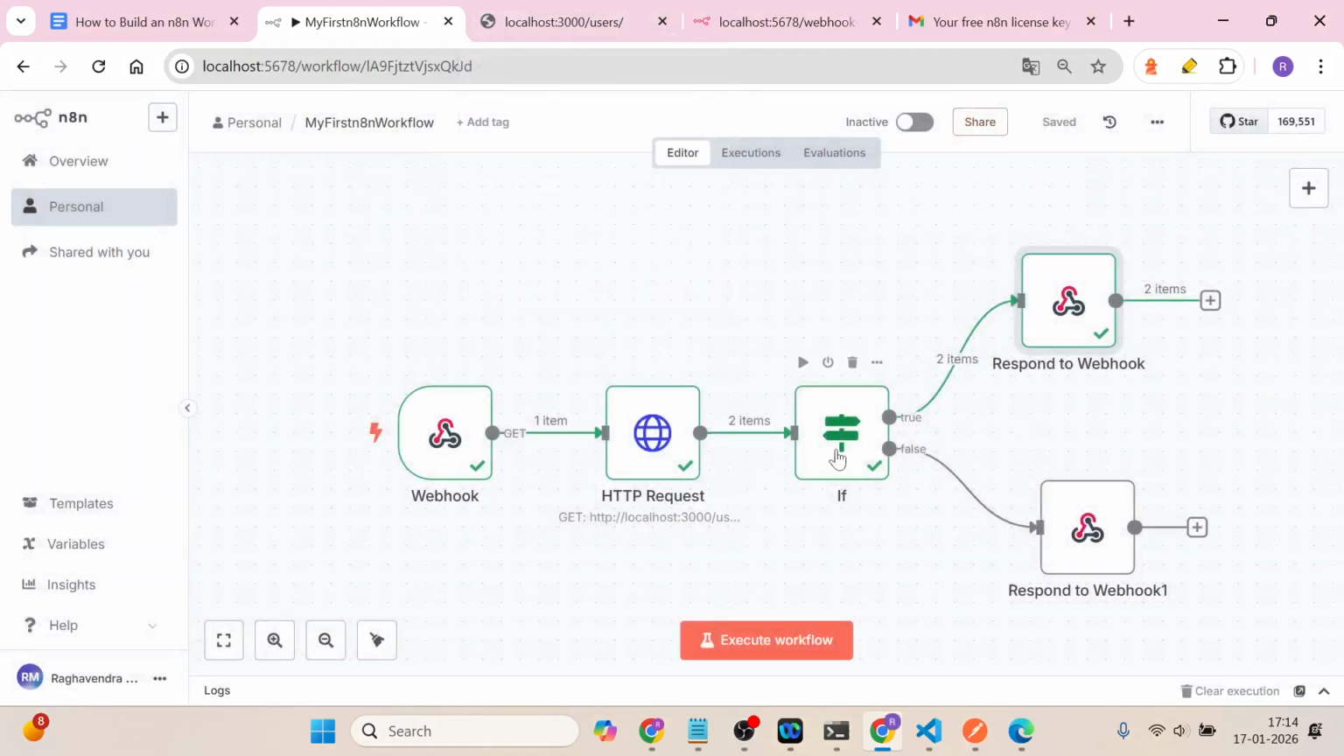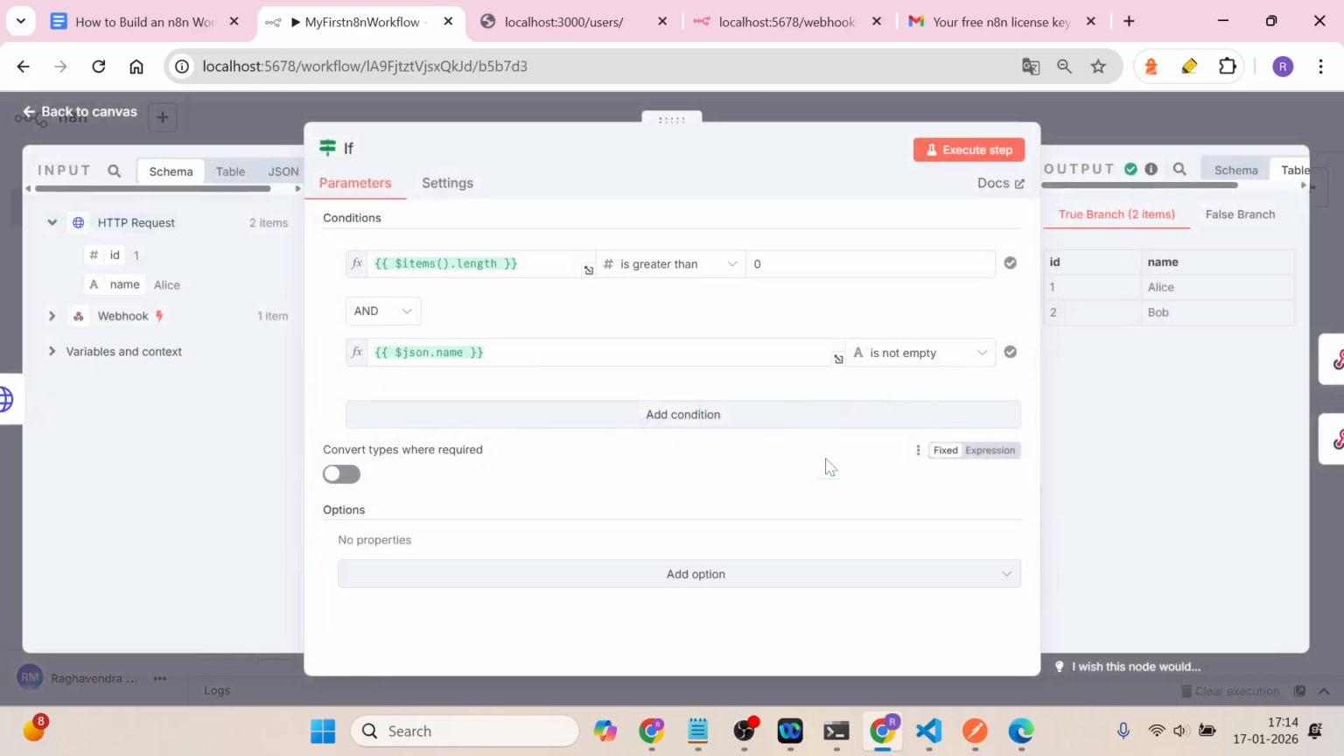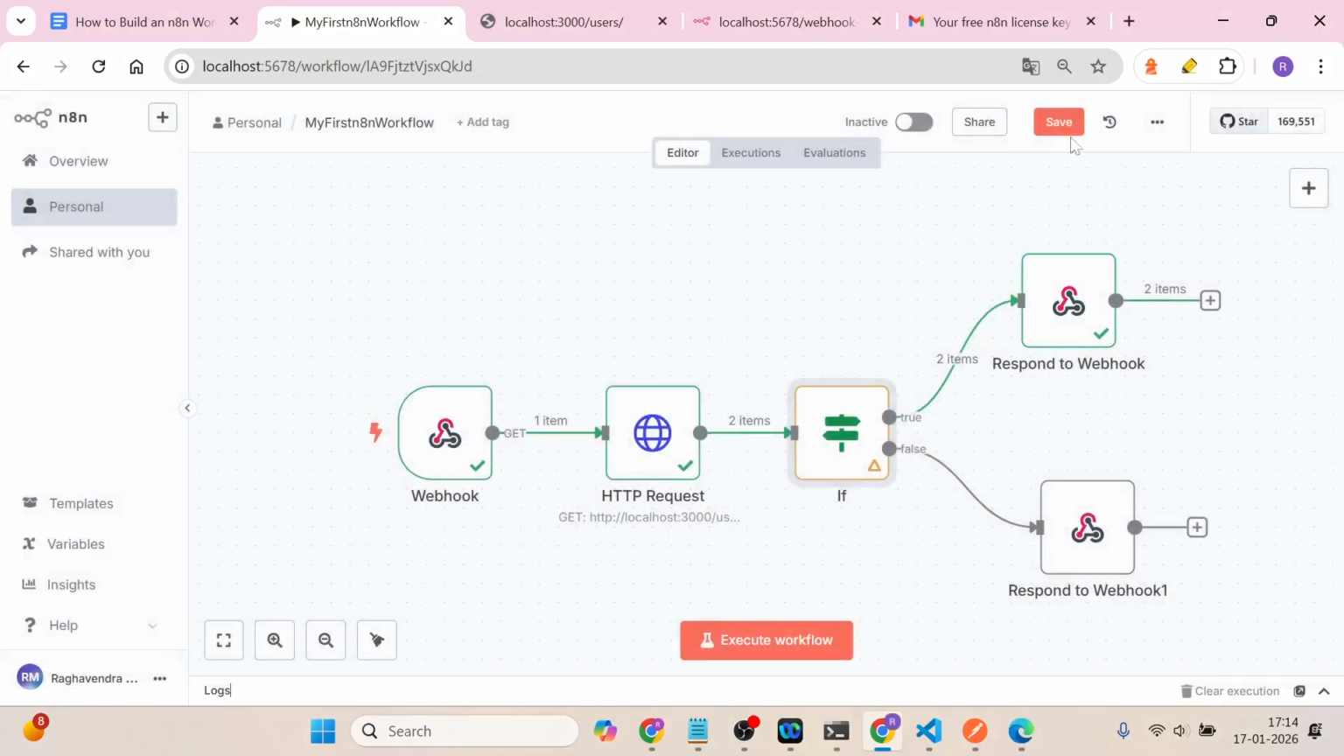Now suppose I change the condition here and make it something like if its value is more than 10. We don't have more than 2, right? So if it is greater than 10, then one of the conditions will be evaluated to false. If one condition fails, then with the AND it will be false, so it should be considered as false. If I save it and again execute the workflow,